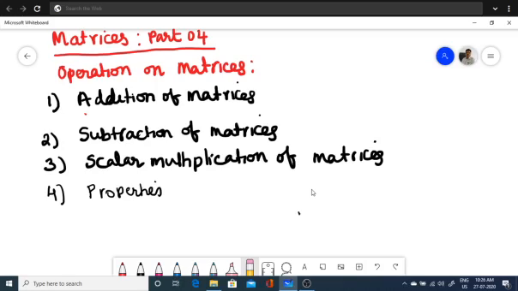ಸೊ ಹಿಂದಿನ ಅಧ್ಯಾಯಗಳಲ್ಲಿ ನಾವು ಡೆಫಿನೇಷನ್ ಆಫ್ ಮ್ಯಾಟ್ರಿಕ್ಸ್ ಅನ್ನ, ಟೈಪ್ಸ್ ಆಫ್ ದ ಮ್ಯಾಟ್ರಿಸೀಸ್ ಅನ್ನ, ಹಾಗೆ ಈಕ್ವಾಲಿಟಿ ಆಫ್ ಮ್ಯಾಟ್ರಿಸೀಸ್ ಬಗ್ಗೆ ನಾವು ತಿಳ್ಕೊಂಡಿದ್ವಿ. ಸೊ ಈ ದಿವಸ ನಾವು ಆಪರೇಷನ್ ಆನ್ ಮ್ಯಾಟ್ರಿಸೀಸ್ ಅಂದರೆ ಎಡಿಷನ್ ಆಫ್ ಮ್ಯಾಟ್ರಿಸೀಸ್, ಸಬ್ಟ್ರಾಕ್ಷನ್ ಆಫ್ ಮ್ಯಾಟ್ರಿಸೀಸ್, ಸ್ಕೇಲಾರ್ ಮಲ್ಟಿಪ್ಲಿಕೇಶನ್ ಆಫ್ ಮ್ಯಾಟ್ರಿಸೀಸ್ ಮತ್ತು ಅದರ ಮೇಲಿನ ಪ್ರಾಪರ್ಟೀಸ್ಗಳನ್ನ ಇವತ್ತು ಡಿಸ್ಕಸ್ ಮಾಡೋಣ. Multiplication of matrices is another operation that we will discuss in the next class.